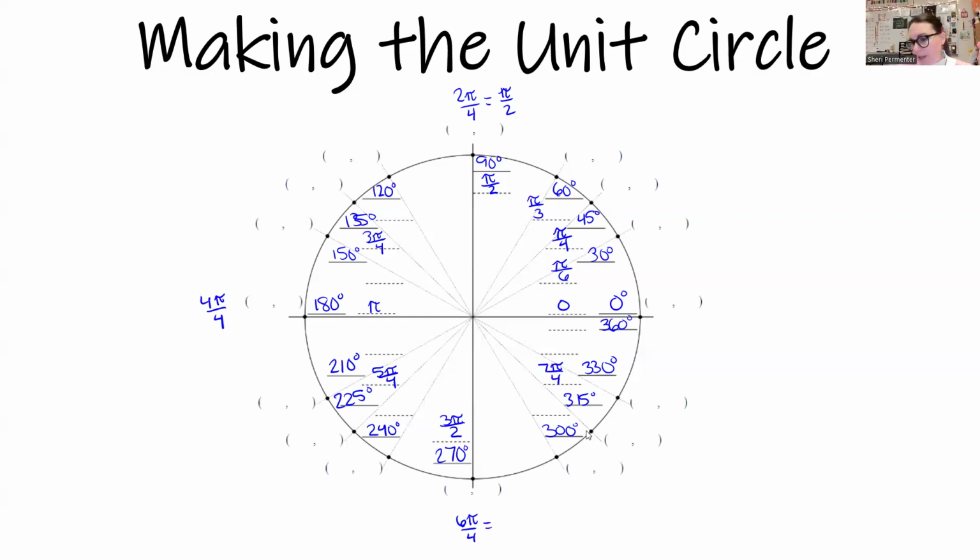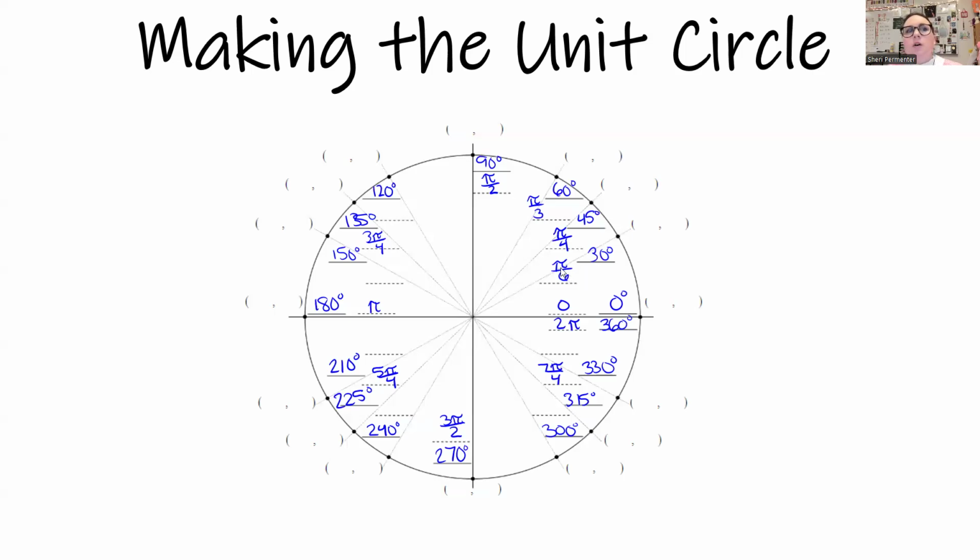And then all the way at the end, it's 8 pi over 4, which also reduces to 2 pi. So I'm going to go through and erase those because I don't need them. I just reduced them. I used those to help me create it, but I don't need them. They're not in my circle. So now I can go through with the pi over 6s. And so I'm going to count by pi over 6, and this will take care of the rest of my